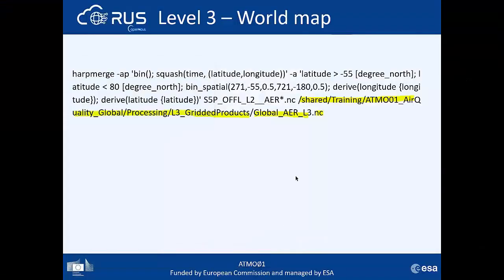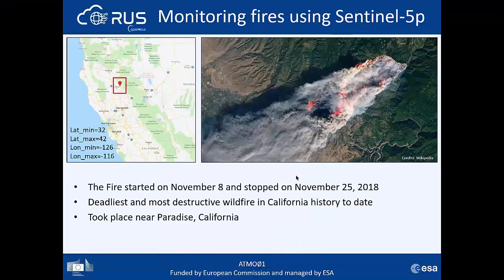So, as I said, taking advantage of the Sentinel-5P temporal resolution, we will now explore the capabilities to monitor a fire event in California, in the USA, using the aerosol index level 2 product. In case you don't know, the 2018 wildfire season was the deadliest and most destructive wildfire season on record in California, with a total of